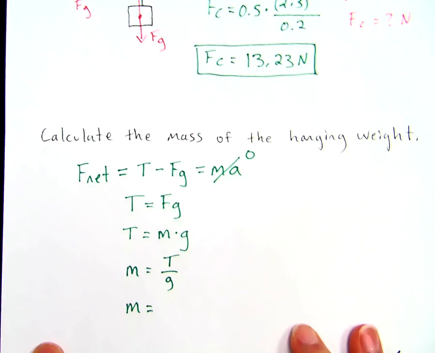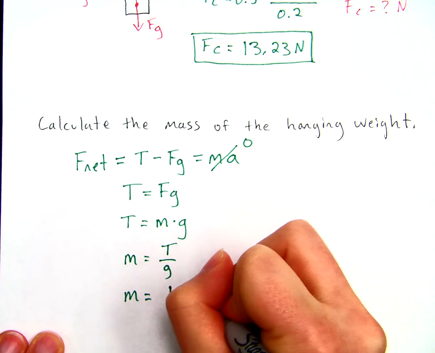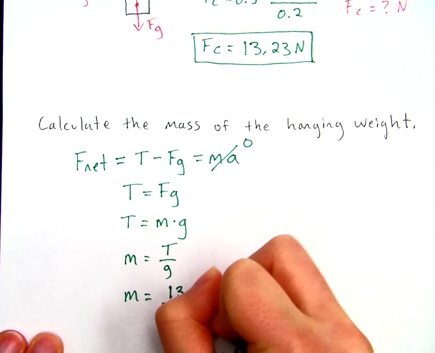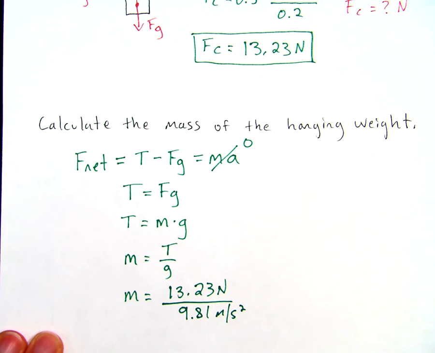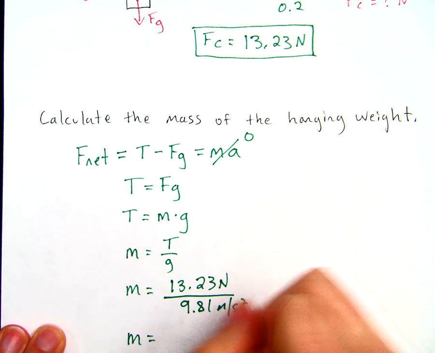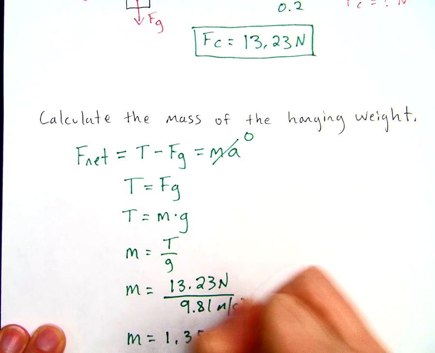So after quick rearranging, we can simply say that the mass will be equal to the tension force, which we calculated in part A, divided by the 9.81 gravity we know, and we should be able to calculate a mass. See, I got 1.35 kilograms. If you got a slightly different number, it